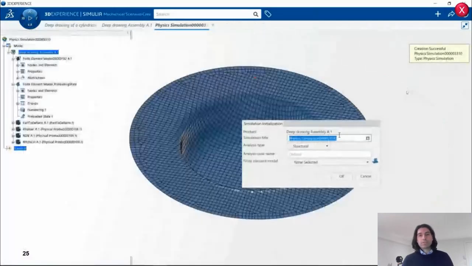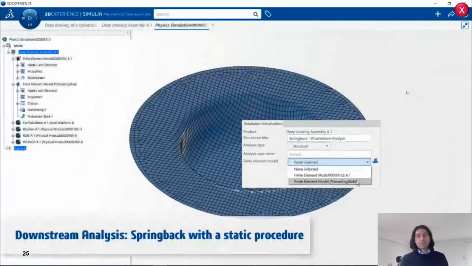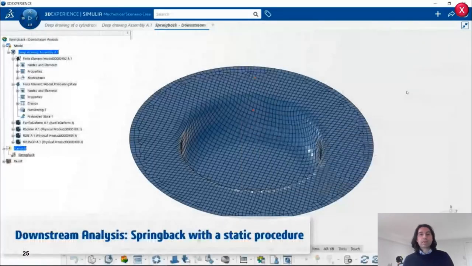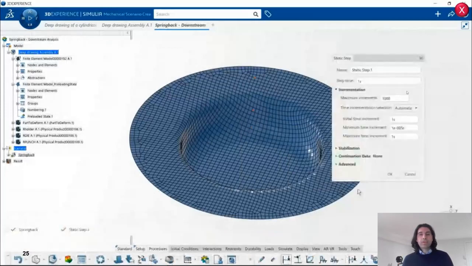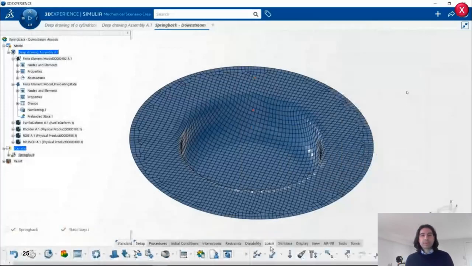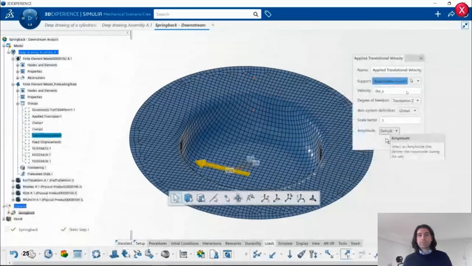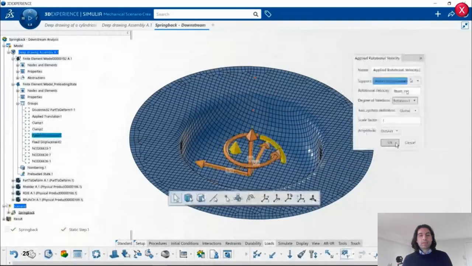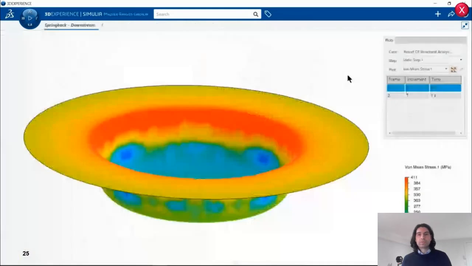So essentially a new static simulation to study the spring back of the part. So here we're just defining the typical boundary conditions and the step definition. And we rerun this new analysis with the results.